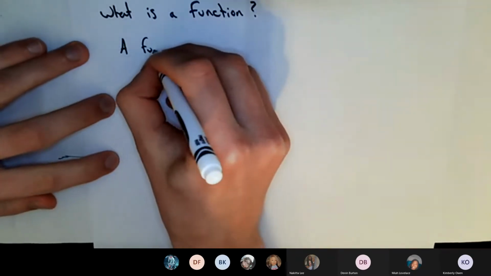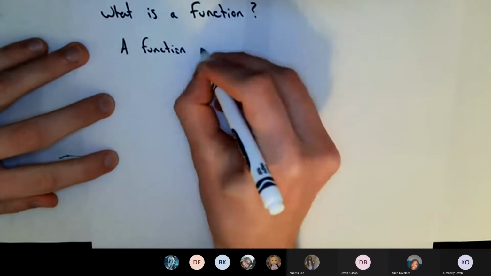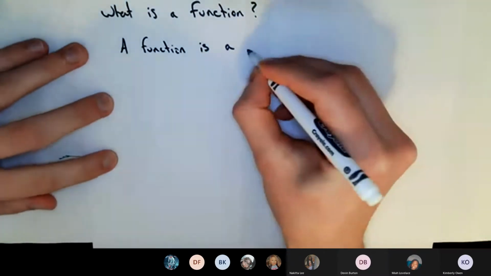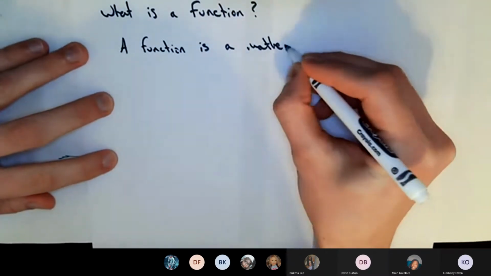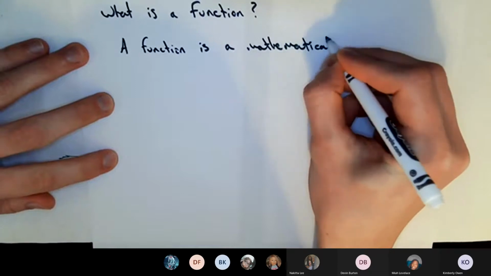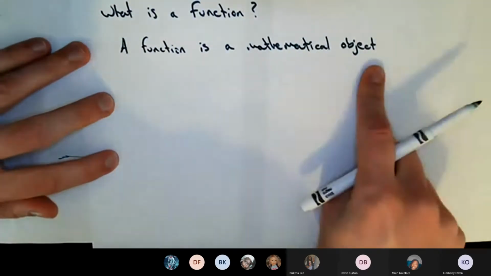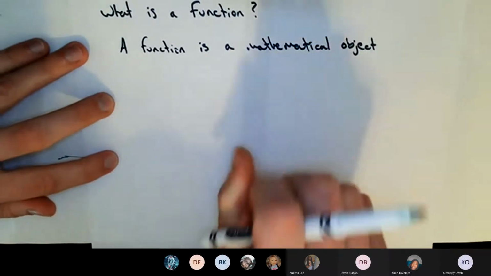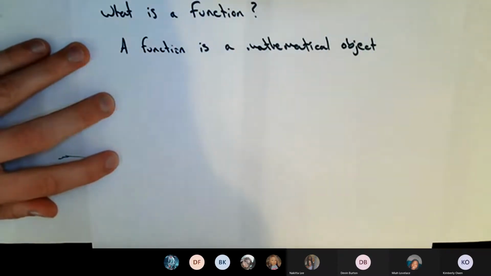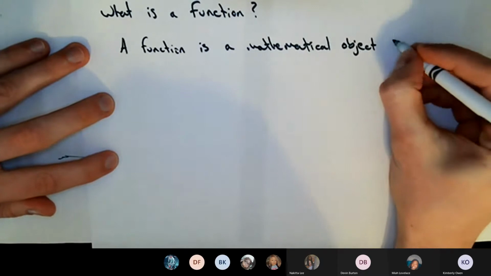A function is, now here comes a vague term, a mathematical object. You could literally just say a math thing. This is just a fancy way of saying it's just a thing. I'm being super vague here. A mathematical object